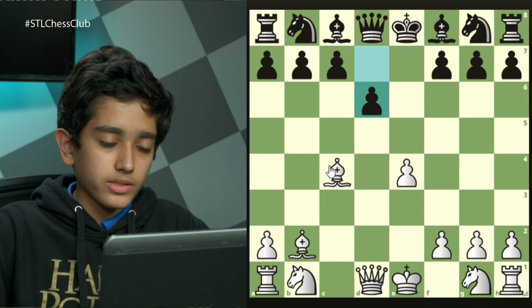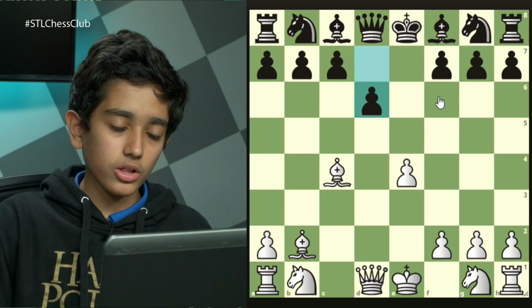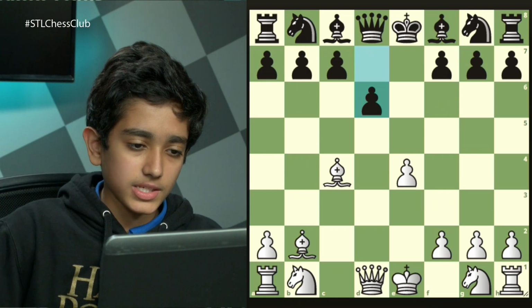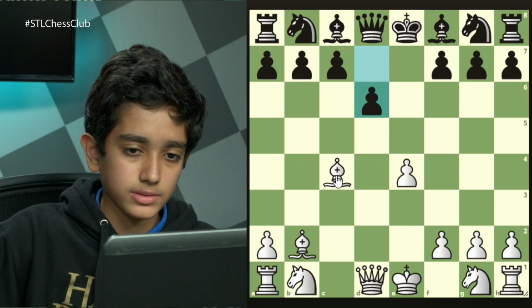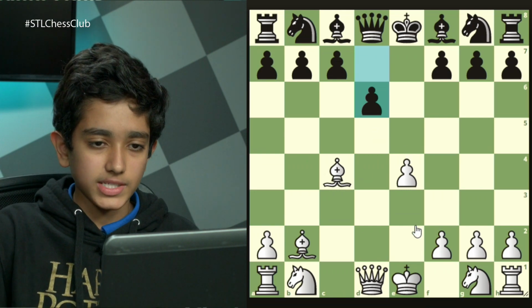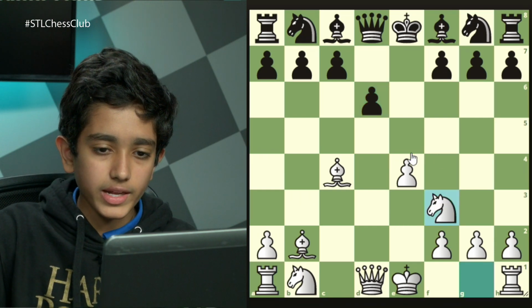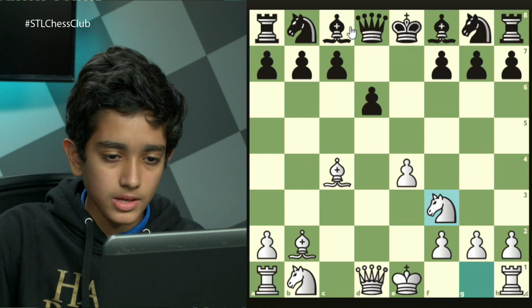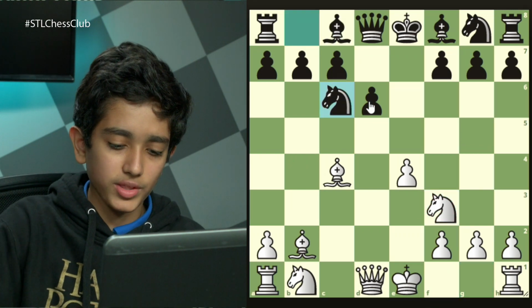Black already knows that his position is not very good, because although he is up 2 pawns, he's very behind in development. So it seems like it would be a good idea to play safely. After the move d6, white should just continue development normally with knight to f3. And now there are a few options for black. Probably a good move here would be to play knight c6,